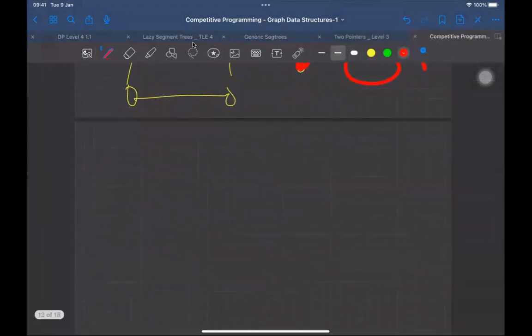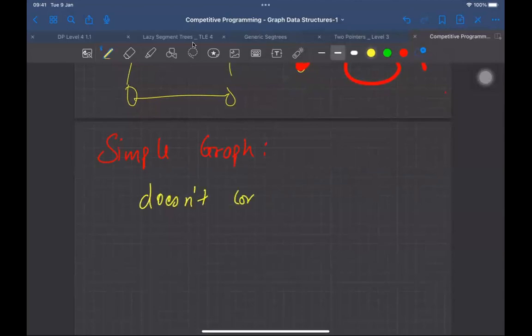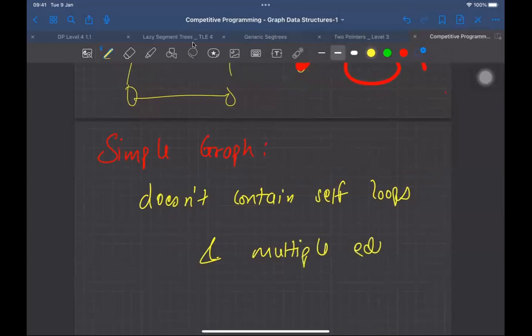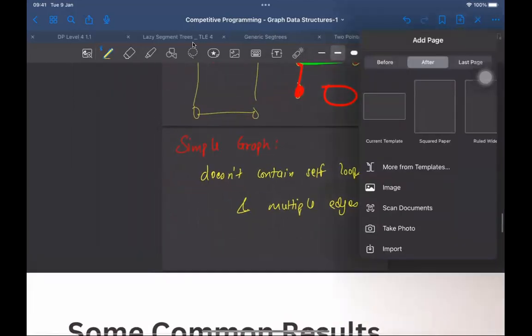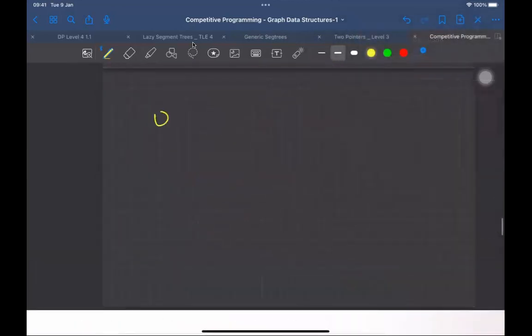Let's talk about what is a simple graph. A simple graph is any graph which doesn't contain self loops and multiple edges. Self loops you all understand. Let me show you what is a multi-edge, multiple edge. If you have a graph like this,